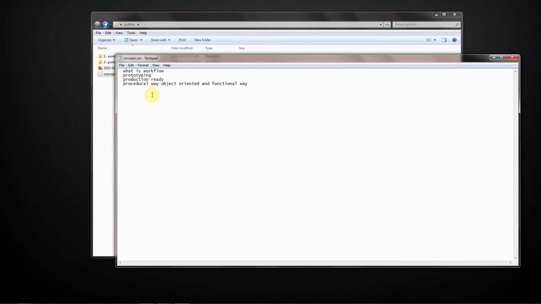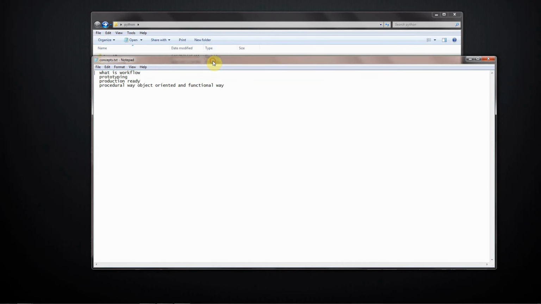What is workflow? Prototyping, production ready, procedural way, object oriented and functional way. We should first know what the definitions are. Okay,